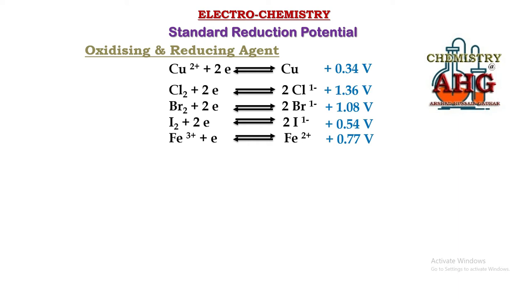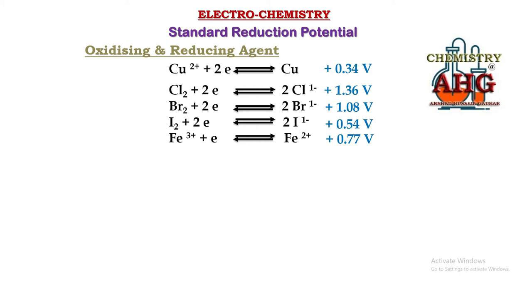Now based on this information, how can you decide about oxidizing and reducing agents? First of all, you must remember the oxidizing agent, as I told you, is the one that undergoes reduction. Now if you look at these half cells, these chemical equations, those chemical substances which are present on the left hand side of these equations are oxidizing agents. Why? Because when we move in the forward direction, there is the process of reduction. So whenever something is reduced, it is an oxidizing agent.